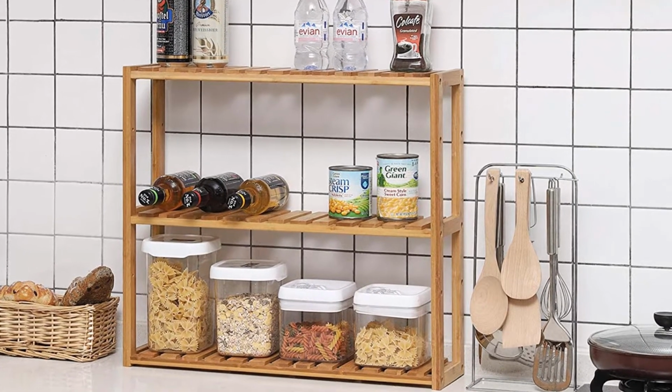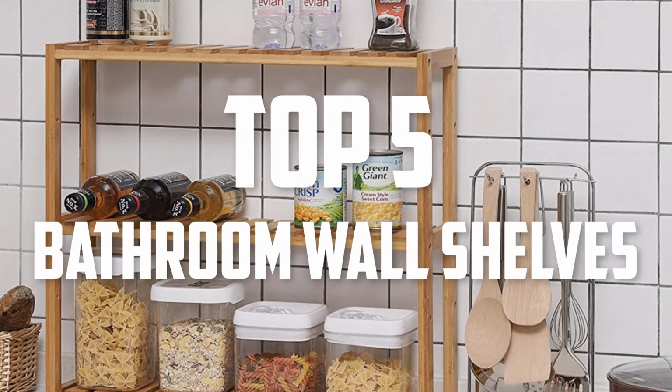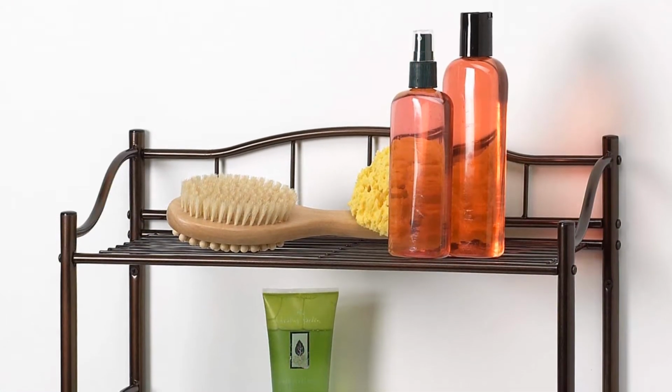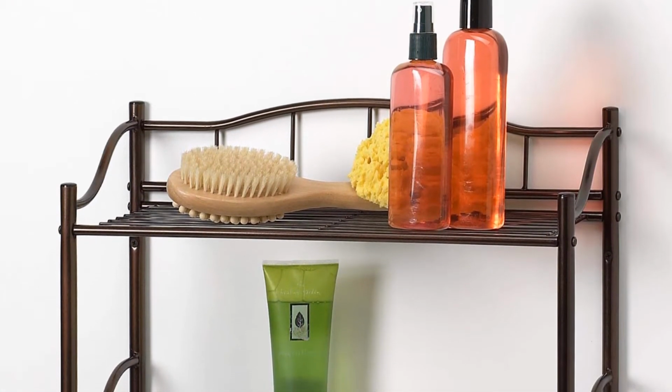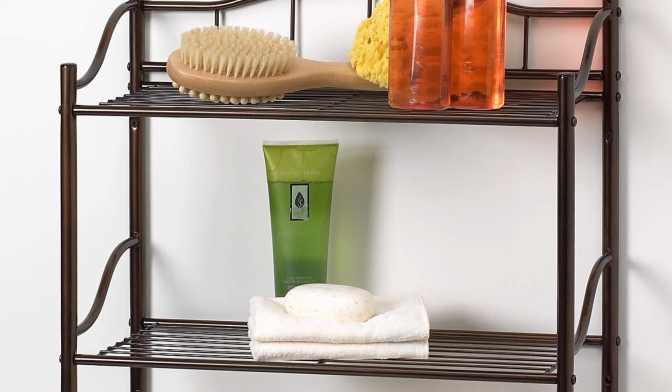In this video, I'm gonna talk about the top 5 best bathroom wall shelves that are available on the market. I made this list based on my personal research and I try to list them based on price, quality, durability and more. If you want to see more information and the updated price, you can check out the description below,